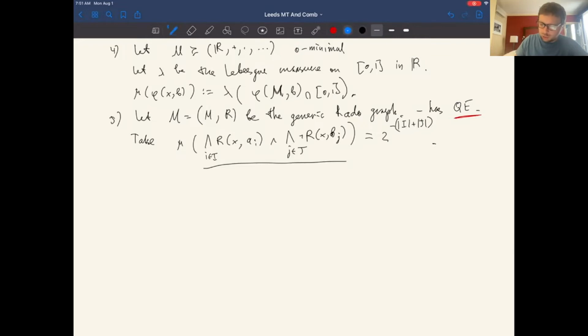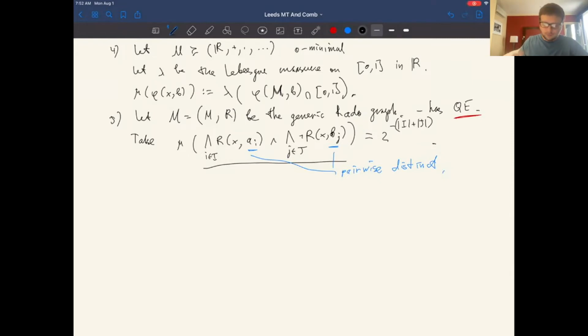And I also should say probably here that these are pairwise distinct, all pairwise distinct elements. Otherwise, it would be a contradictory definition. Okay, so this way we can define a measure, which is again a Keisler measure, of course. And this example will illustrate some phenomena very different from the ones that happen in NIP structures or in stable structures. All right, so these are Keisler measures, the definition and some examples.